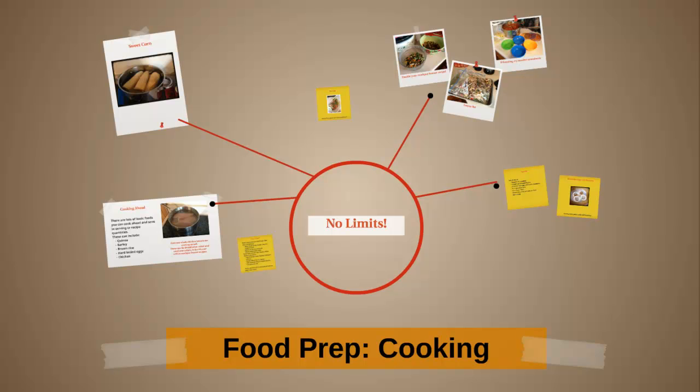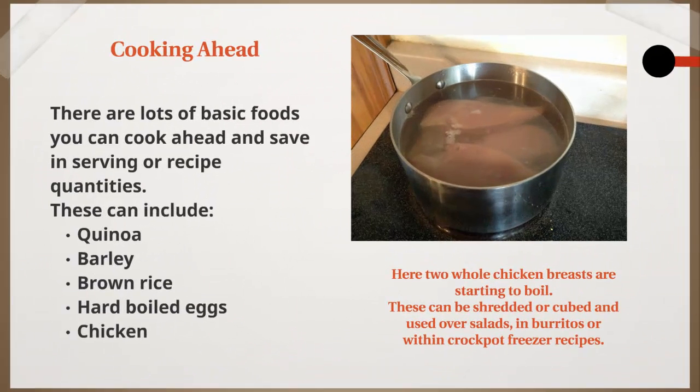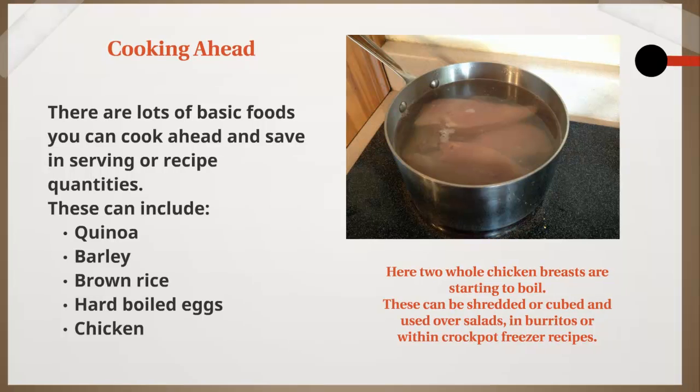Let's take a look at some food prep, cooking specific ideas to simplify. So first off, every week I do boiled chicken breasts because they can go in so many different items. If I'm going to do a pot of boiled chicken, I'll probably also do some quinoa or some brown rice and definitely hard-boiled eggs for the week as well. It's a fast way to have several things going on the stove, and while I'm doing that and they're cooking,